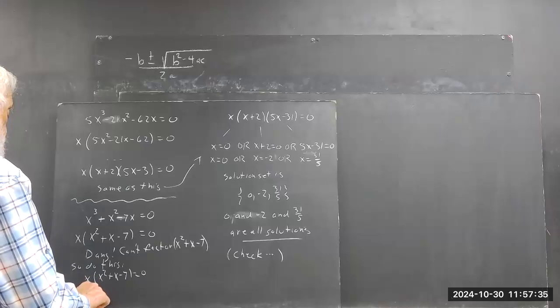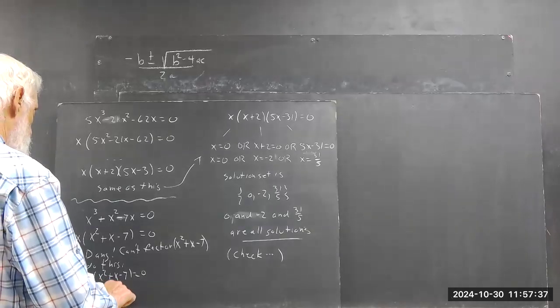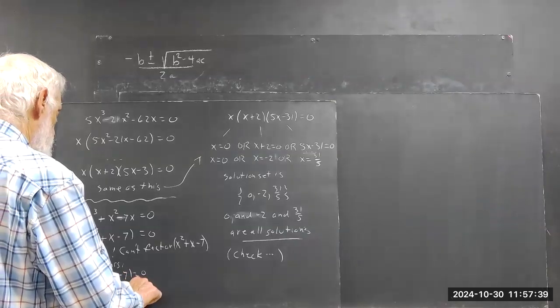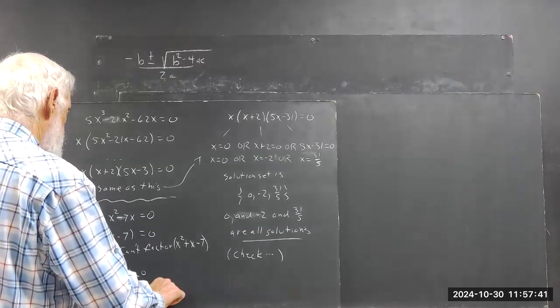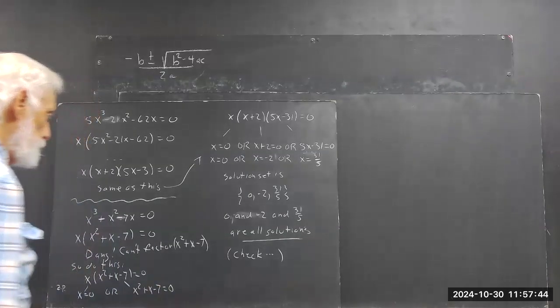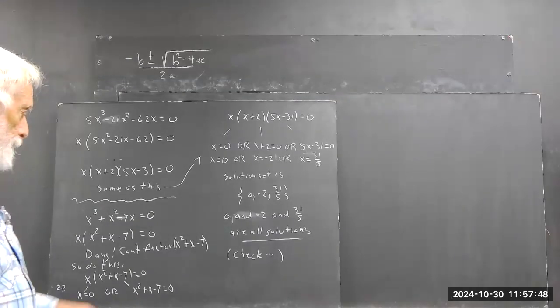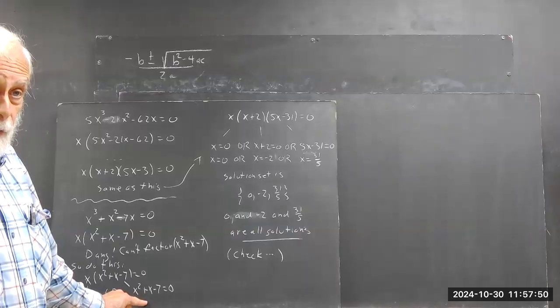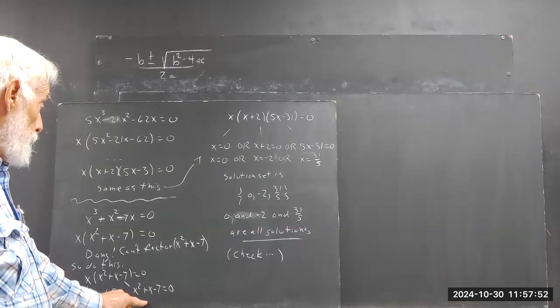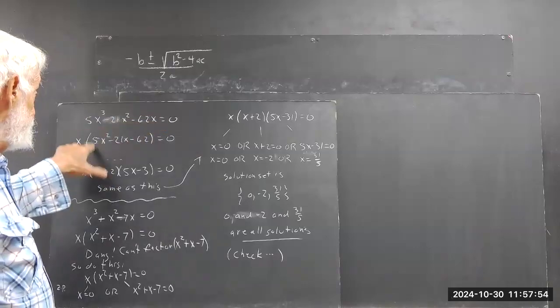You get x equals 0, or x squared plus x minus 7 equals 0. What good does that do you? There's a formula you can use to solve this, and unlike the algorithm for factoring, we